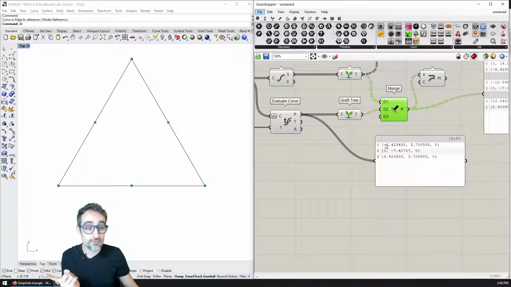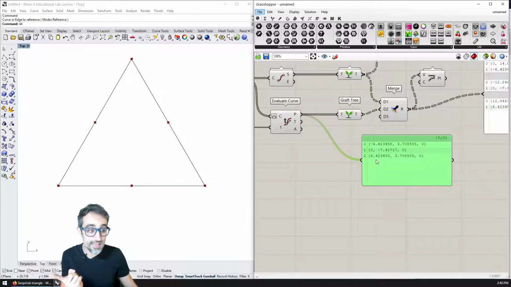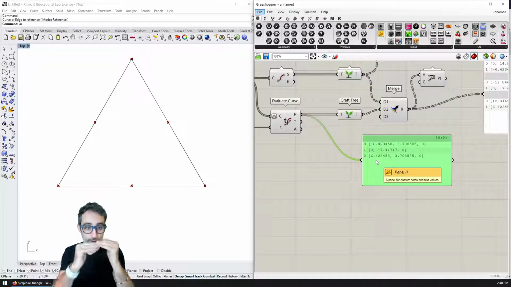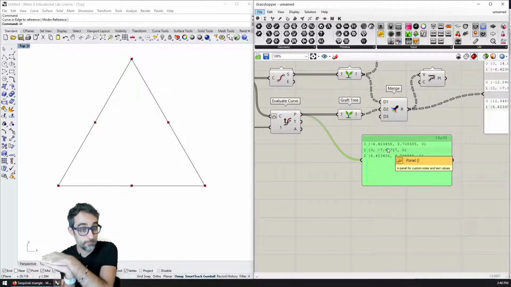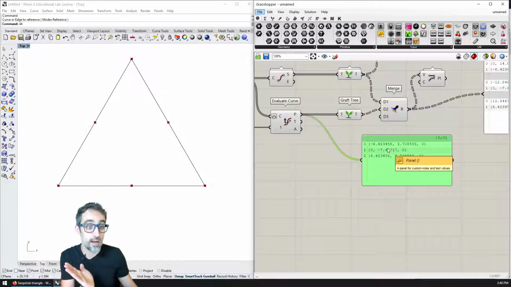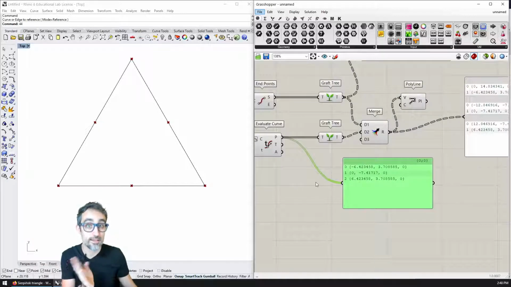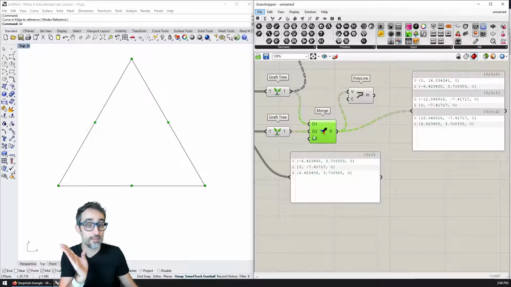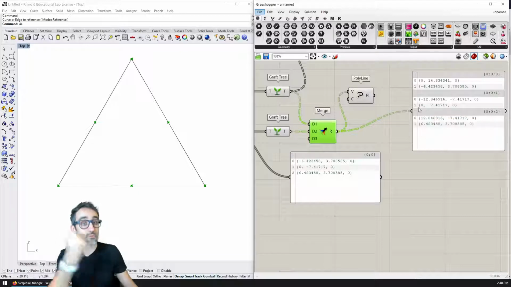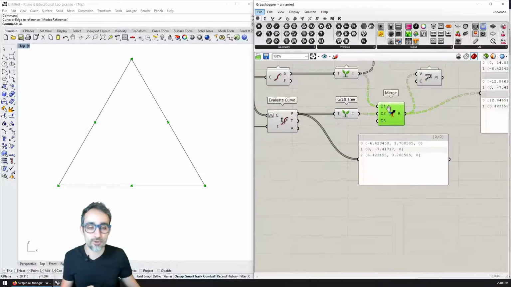So basically what I need to do is take this list and change the order of these points so that all of them shift 1 position to the back. By doing that, I will be able to plug that shifted list into here and have the same points, the same middle points, but added to the list with 1 position less. This is very tricky to explain. Let me show you how that works.